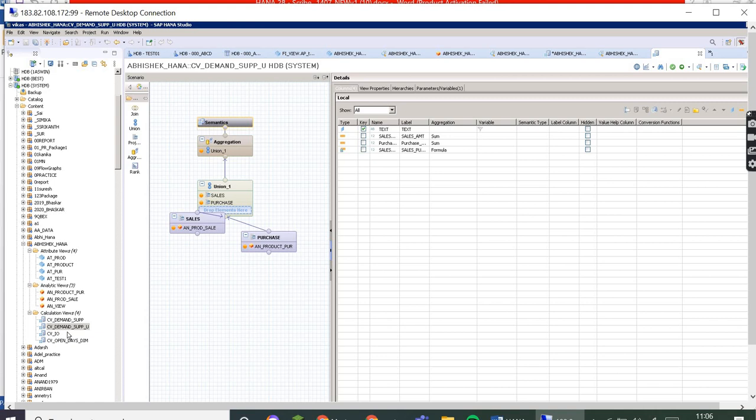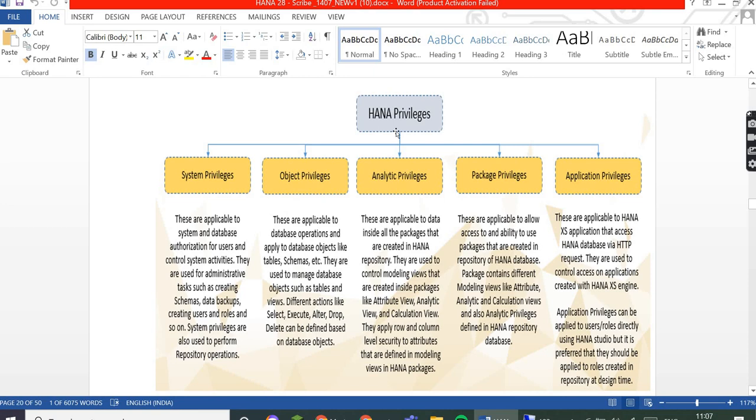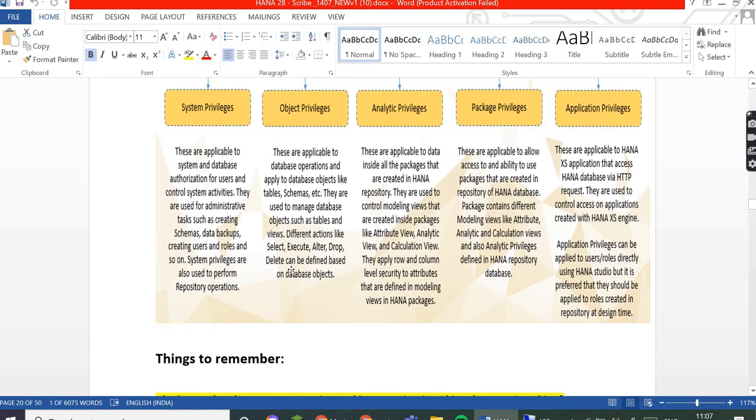Okay, guys, any further query? If no query, then we will see that in the next class. These are the important things: what the different types of privileges are, what the use of these privileges is in the HANA DB, and then we create some users, give some privileges, and see what those are. This is important especially from a security perspective.